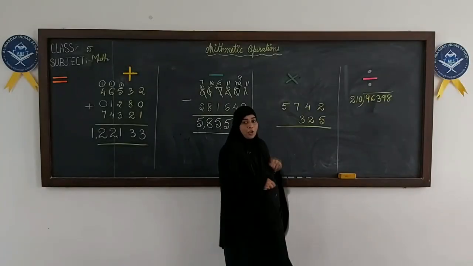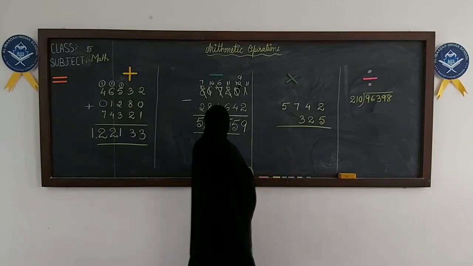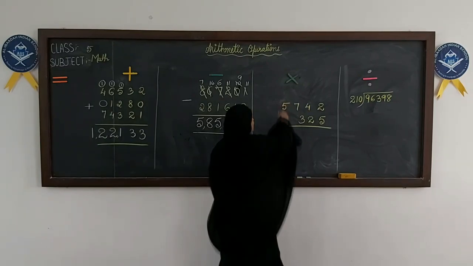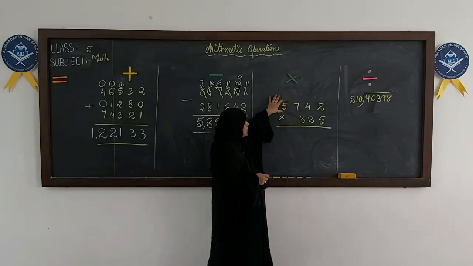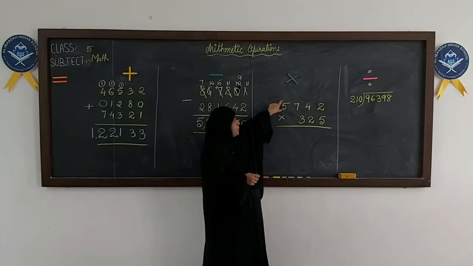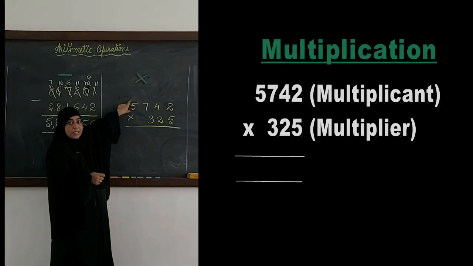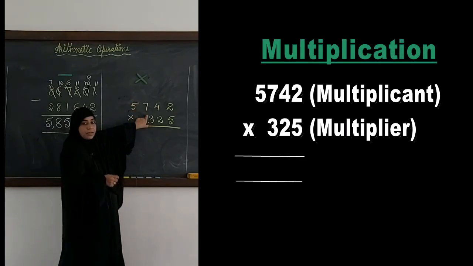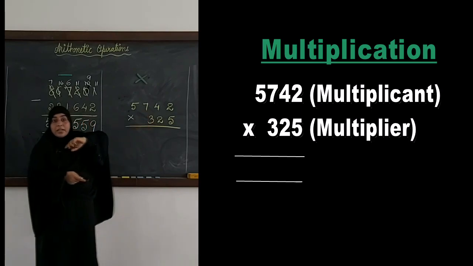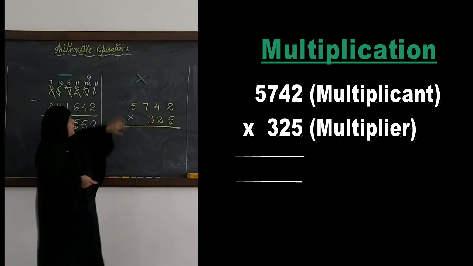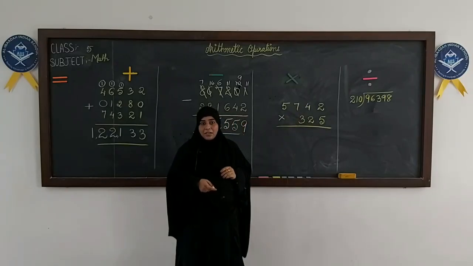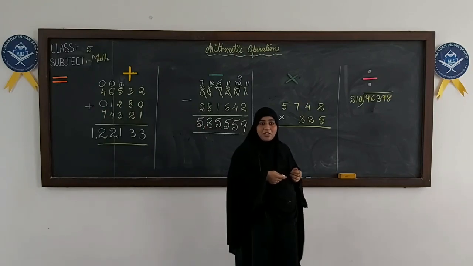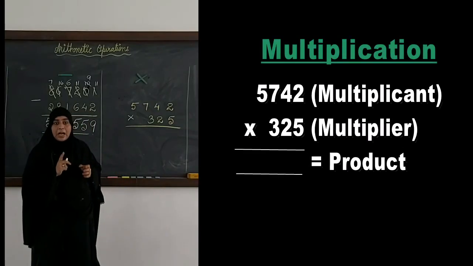Now moving on to our third operation, that is multiplication. So which sign will we use here? The multiplication sign. Now the name given to this number is multiplicand. We call this multiplicand, and this number that multiplies we call the multiplier. Multiplicand, multiplier. What about the answer then? We cannot leave the answer without a name, right? What do we call it? Product. The answer of multiplication is called product.